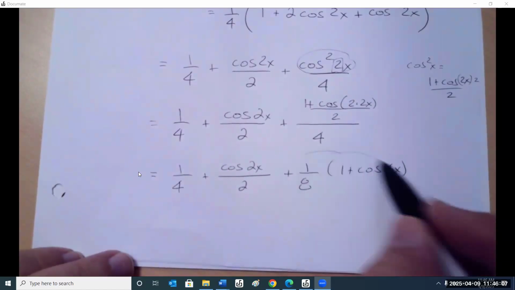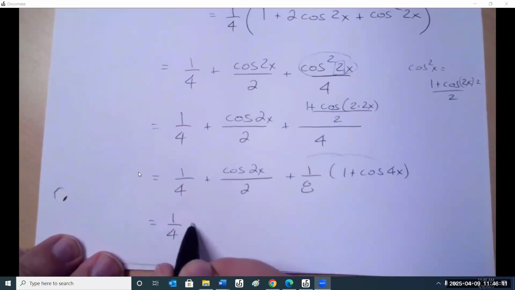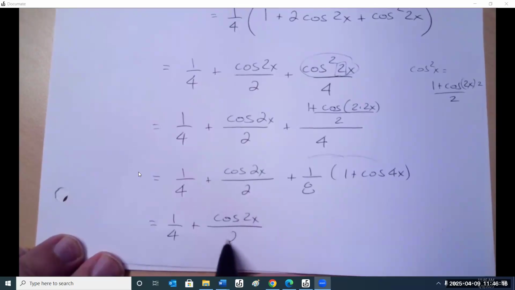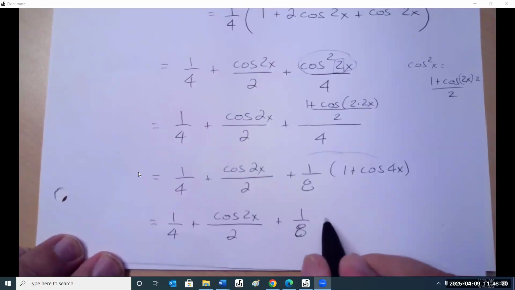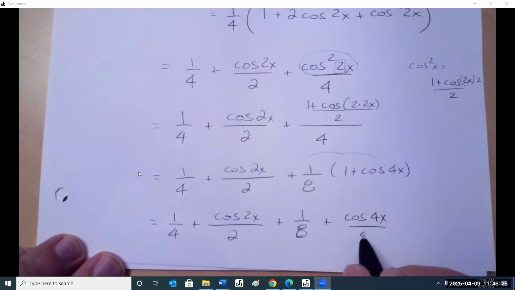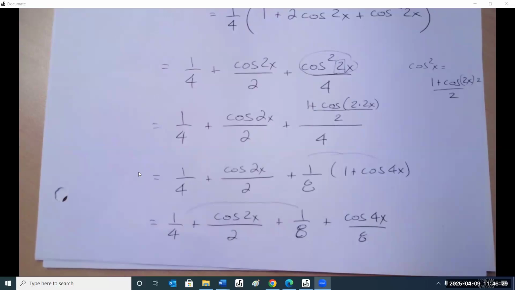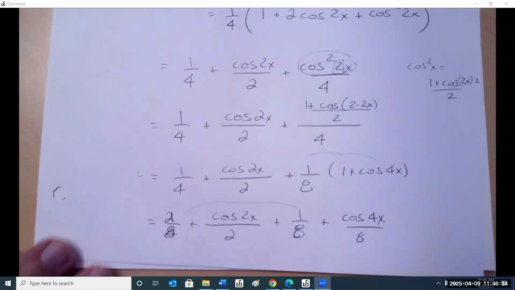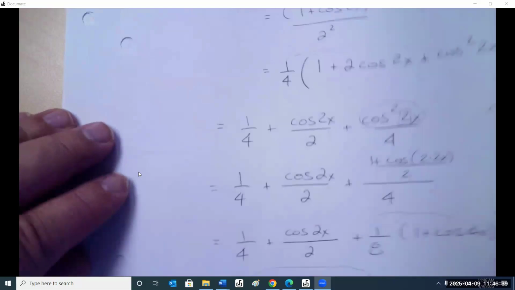And then what we do here, because now we have constants here. We have 1/4 plus cosine 2x over 2 plus 1/8 plus cosine 4x over 8. Then we combine these two, which makes it 2/8, which makes our final answer